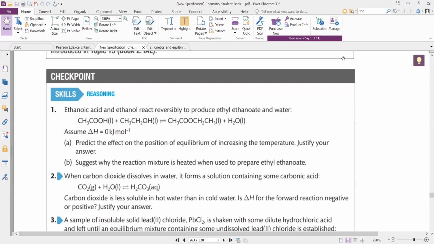Suggest why the reaction mixture is heated when used to prepare ethyl ethanoate. So, Nadi, even though temperature has no effect, why is the reaction mixture heated? So then the reaction takes